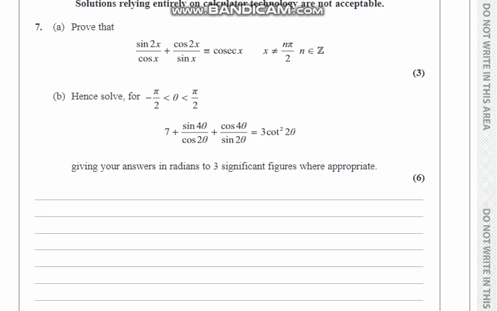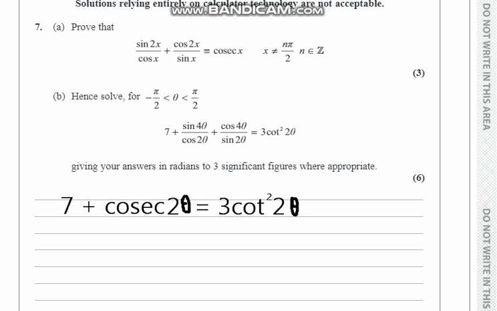So the first step is I have to simplify this function, and we already did, and that's in part A. We found that the function equals cosec x, and I'll just substitute it here. But remember guys, this is sin 4 theta and cos 2 theta, so 4 theta upon 2 theta is 2 theta, and the angle is a double angle, that's 2 theta here, so that will be cosec 2 theta. There you go, 7 plus cosec 2 theta equal to 3 cot square 2 theta.